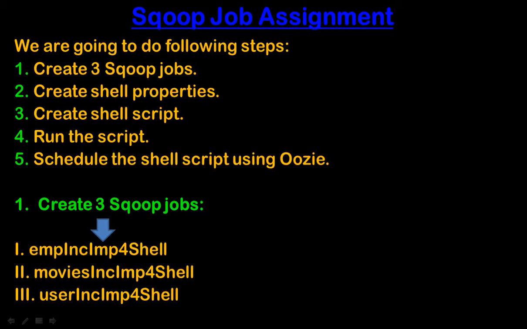We are going to create these three jobs: emp inc imp for shell, and the second job, movies inc imp for shell, and the third job is user inc imp for shell. Emp means employee, inc means incremental, because we are going to use incremental append, and imp means import, for means for, and we are going to use a shell script.